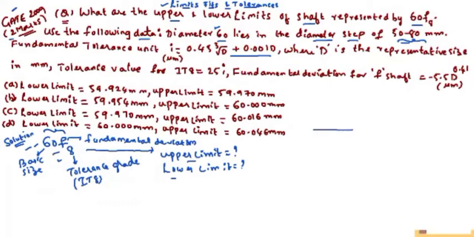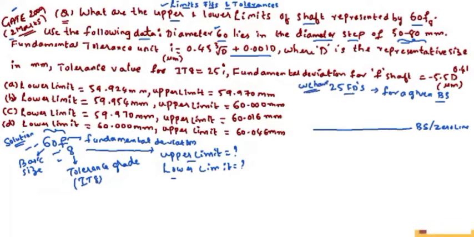Suppose I draw the basic size, BS, or I am calling it the zero line. The small f shaft, as per the 25 fundamental deviations for a given basic size, for a hole or a shaft, we have 25 fundamental deviations. So the small f shaft, we know that it will be lying below the basic size. Let us indicate this as a small f shaft.